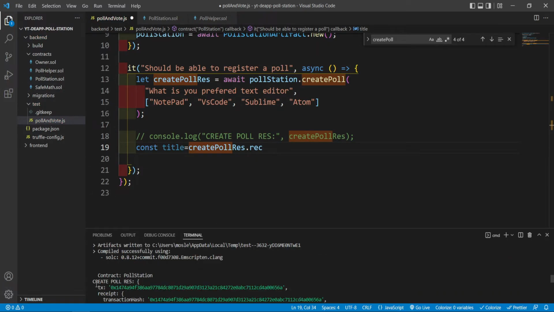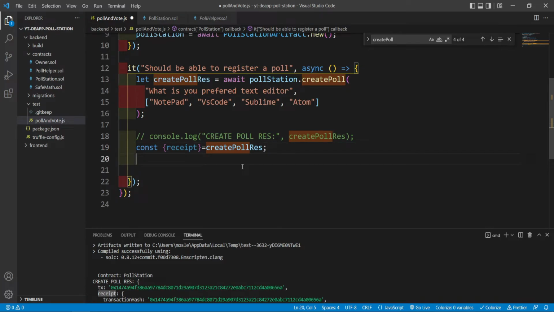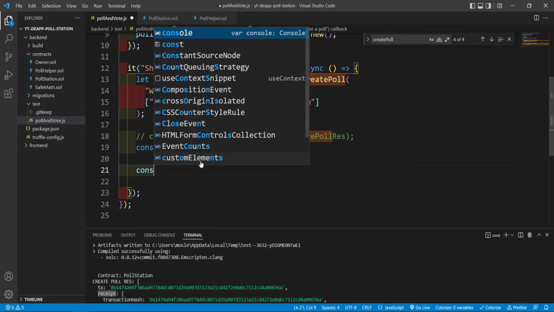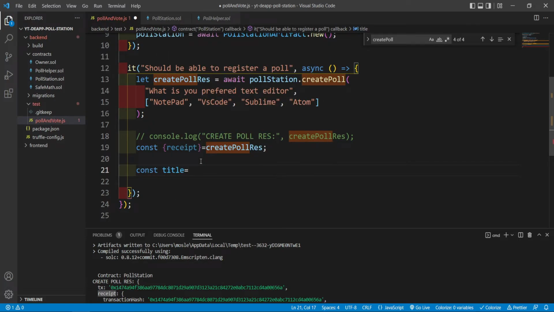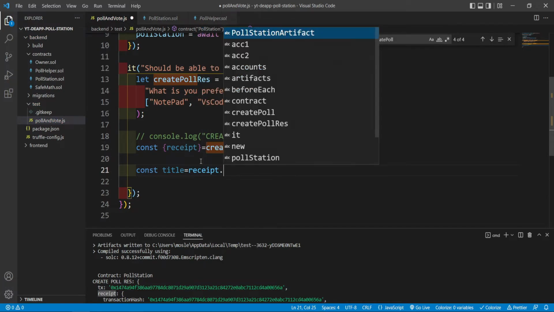Actually, let me grab this and remove this, and it equals something like createPollRes. Keep in mind that this could be empty, I think, if the transaction is false, but I'm not going to deep dive into that right now. So we're going to get the title equals logsReceipt.logs